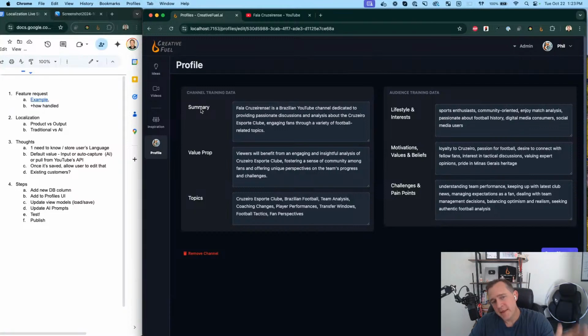But the output, on the AI side, when you're getting ideas, it does seem like you should be able to fairly easily have the AI give you responses in other languages. Traditionally, this was a very difficult task, almost impossible before AI. There are Google Translate services and things like that you can use. But with AI, you can essentially just have a prompt that says, give me the results in another language.